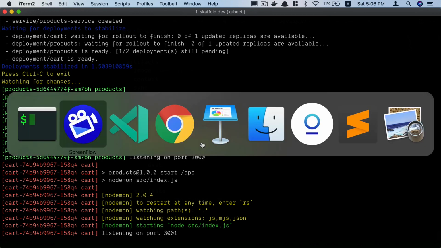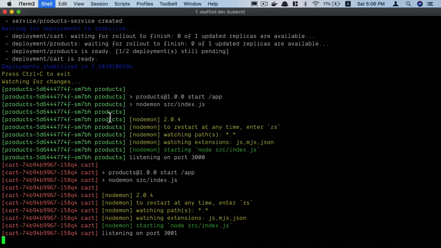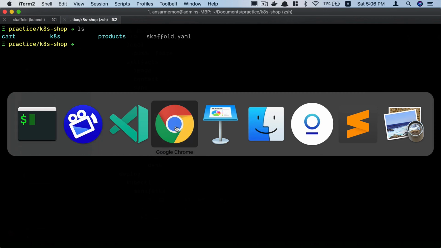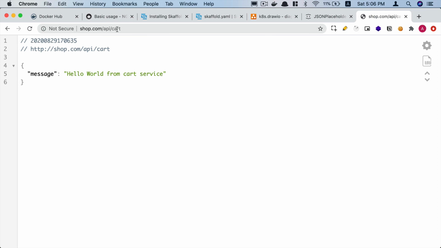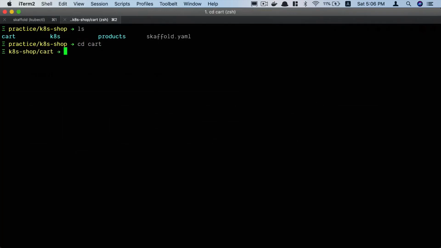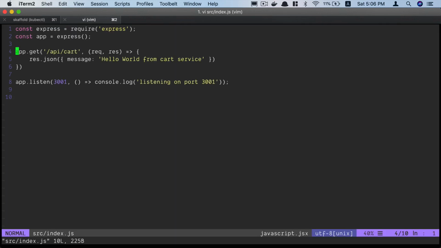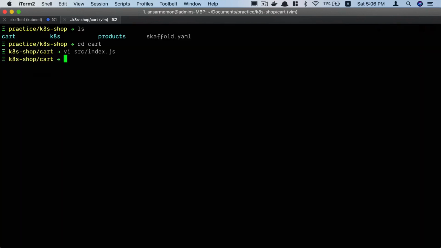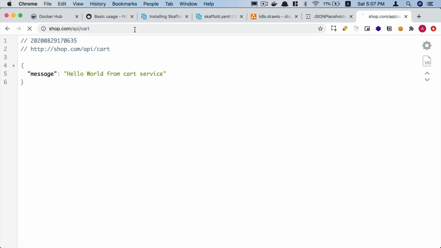So for testing this, now I'll go back to, let me open another tab here, just to confirm that everything is running so far. So I'm on the cart service. Let me change something there. So cd cart, vi src/index.js, and I'm going to modify the message. So, nothing to see here. Save that, save the file, and if you refresh the browser now,